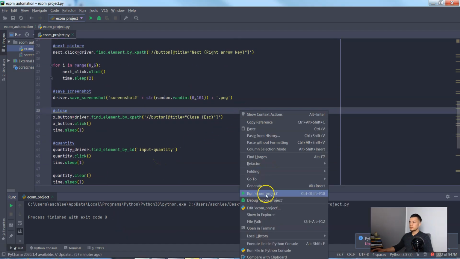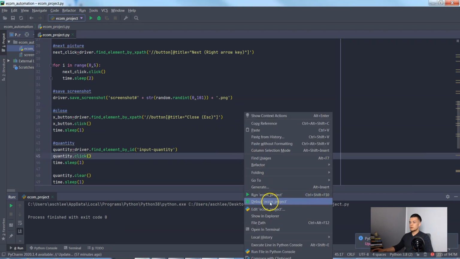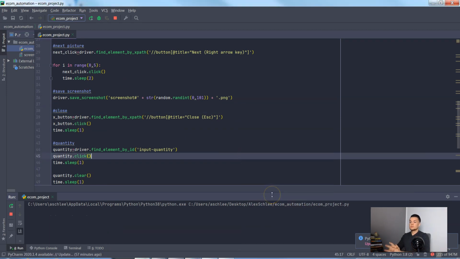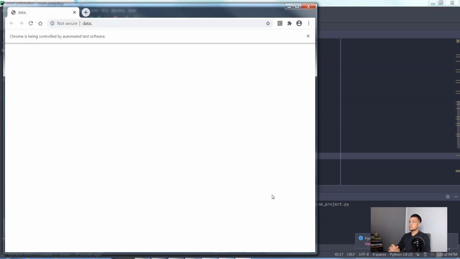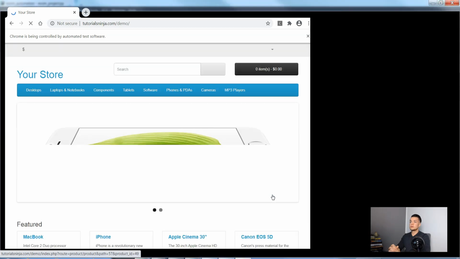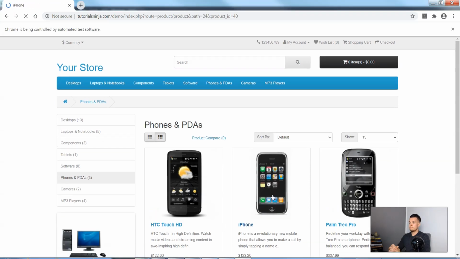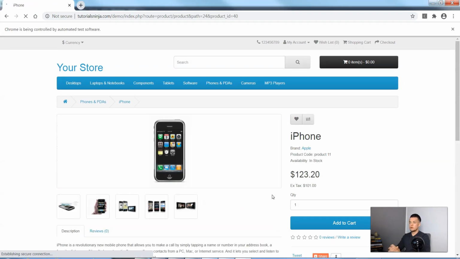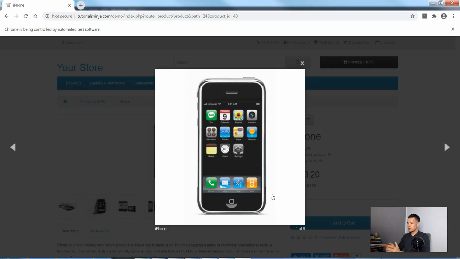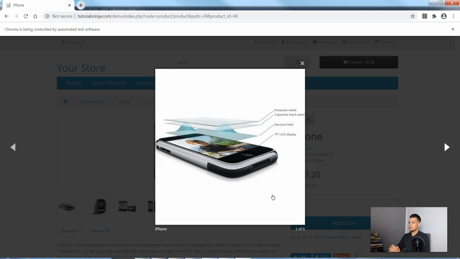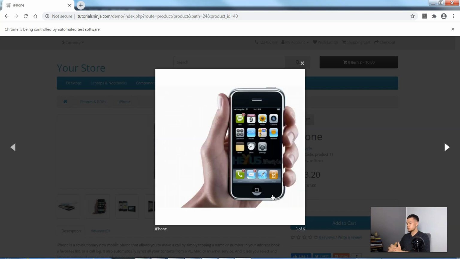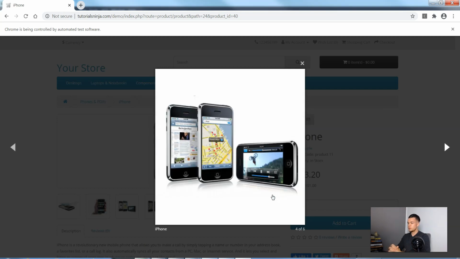Let's see if this worked, right? So it's right click and run this again. Again, fingers crossed. Browser is opening, window is maximizing. But I mean, right now you know the steps. Until this screenshot part, you have already seen what happened, right? So it's just a small repetition of everything